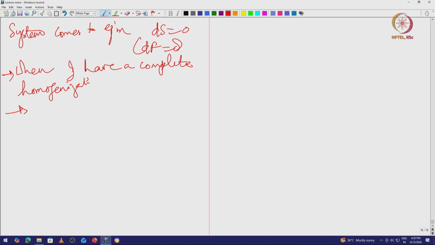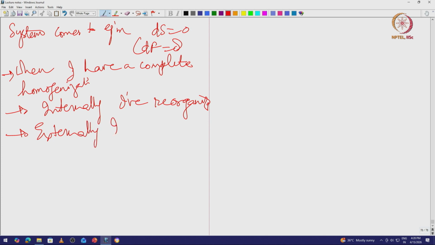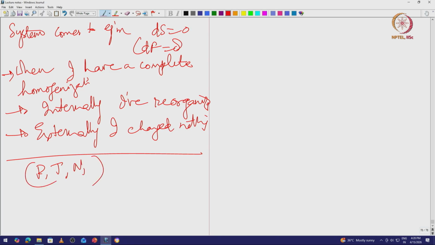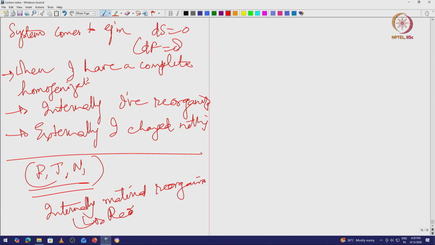Again this means internally I have reorganized, externally I change nothing, right. Now here in my open system also, I am maintaining this as P, T and some steady flow of atoms, atom flux is steady. Then when I maintain this, internally the material reorganizes, and that is akin to a reorganization of what is called the microstructure,